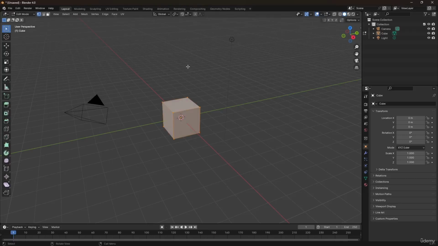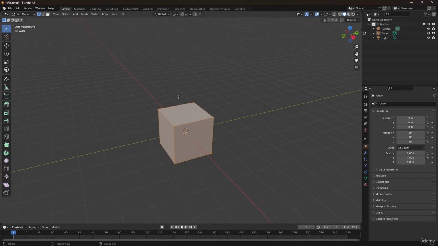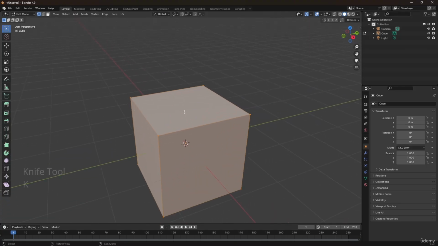Next tool that we have on our toolbar is called Knife Tool. It's really good for adding details on your models. For example, if you're creating something, a breakpoint in your object, or a tree with cuts on it, or rocks, or those kinds of things, it can be a really helpful tool for that. So to activate it, you press K on your keyboard for Knife Tool, and then it gives you this Knife